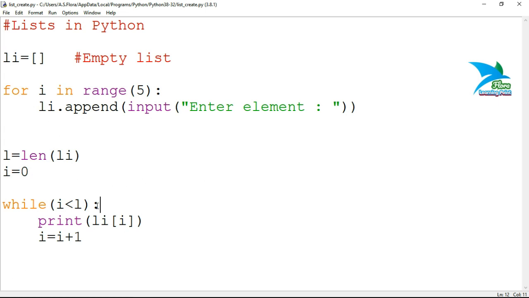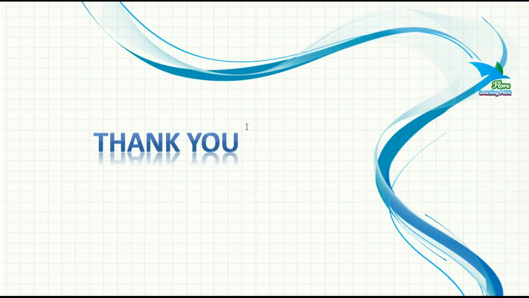So that means you can access or traverse elements of a list by using a for loop, by specifying the name of the list directly, or by using index. Or if you want to fetch or traverse elements by index, then you can make use of a for loop or a while loop also.